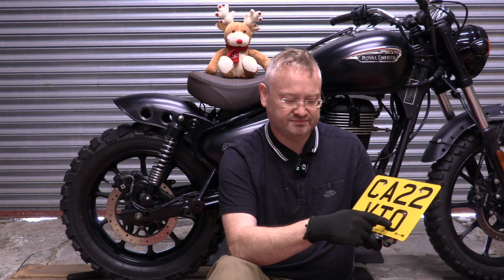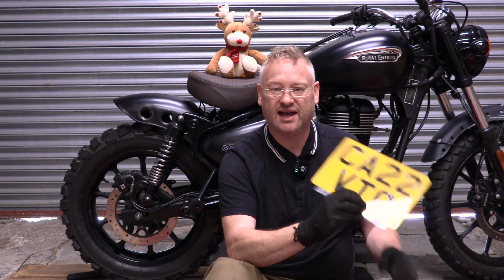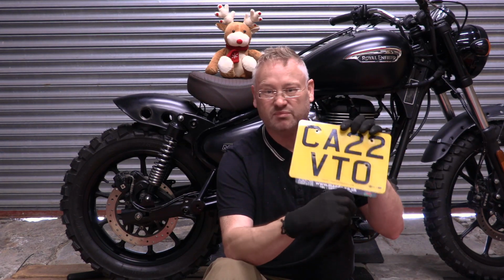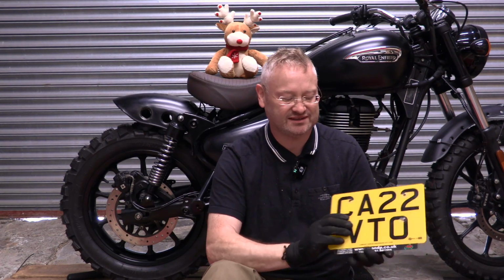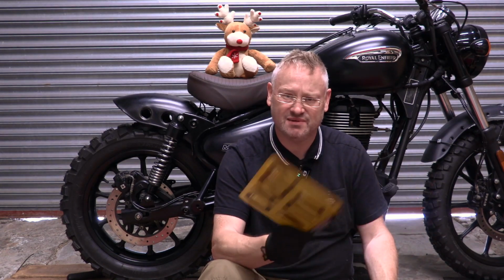But these were random. And we don't really have private plates in the UK. But what you can do is buy someone else's plate. Say if those were your initials, you could buy that plate and it would be your personal plate. But obviously it doesn't mean anything to anyone who's not you. And you can buy some old ones which are shorter and have fewer characters. I know I see some cool plates in America where you've got names and all sorts of words, but this